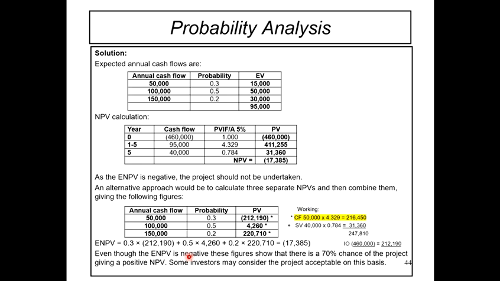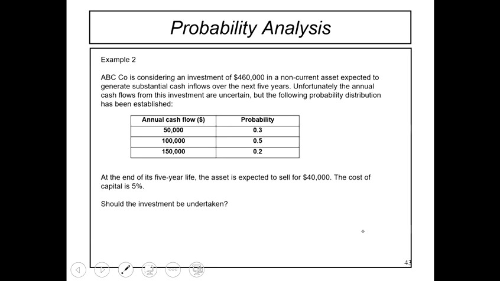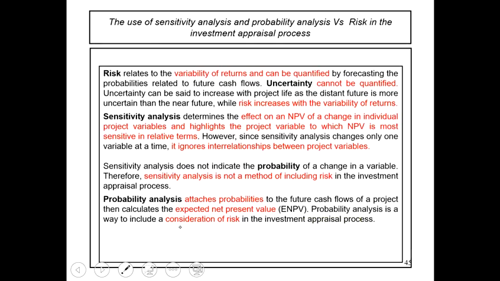So let's say kalau dia suruh you decide which project, ada 2 project, you boleh kira EV sahaja, pilih yang mana paling besar. And then kalau dia satu project saja tapi nak suruh you accept atau tidak, first you kena cari EV lah, nak tahu NPV. NPV untuk keseluruhannya, ni NPV untuk the whole project. And then bila you dapat negative, you kena buat one by one pula. Sebabkan dia ada probability, that's why you kena kira one by one lah. NPV untuk 50,000, NPV untuk 100,000, dan you kena darabkan probability. This is the probability analysis.